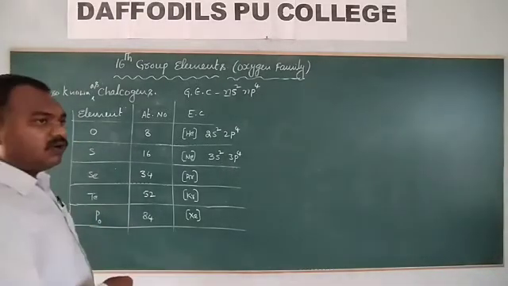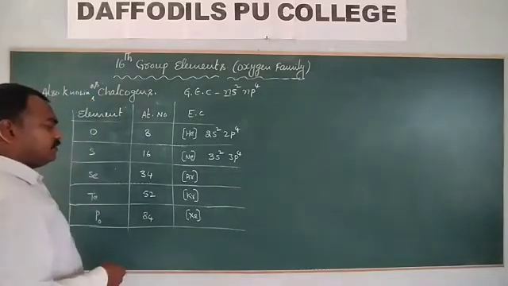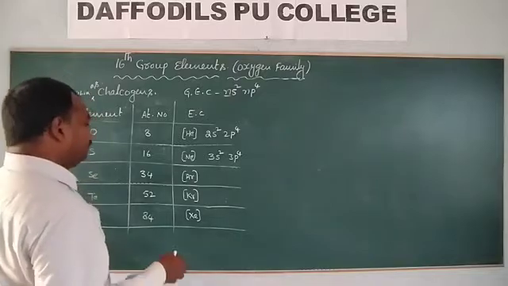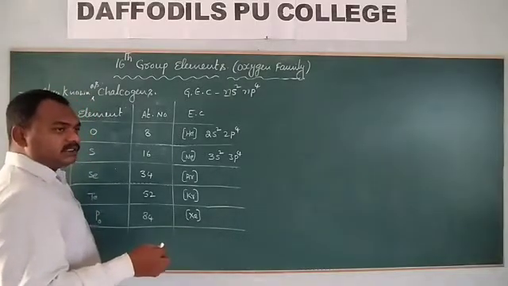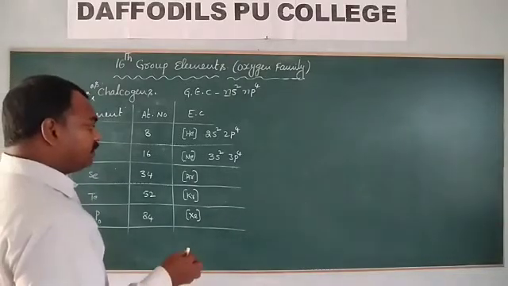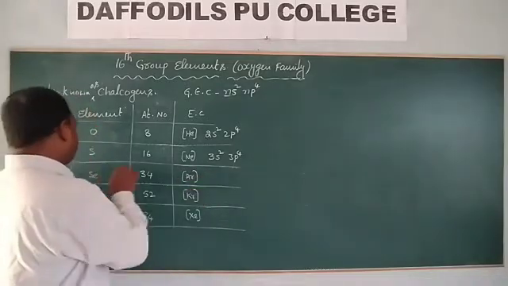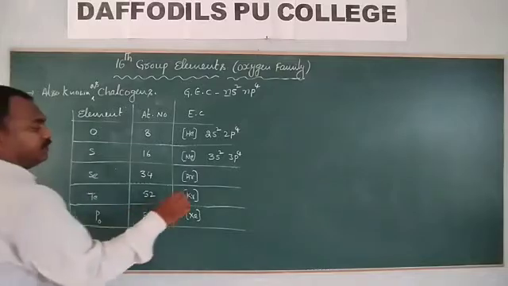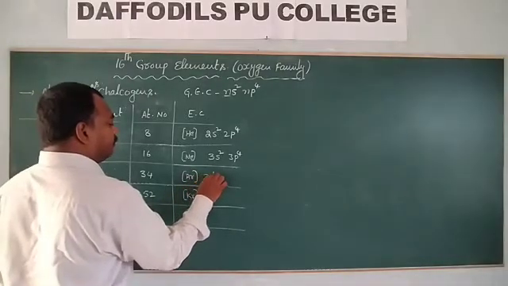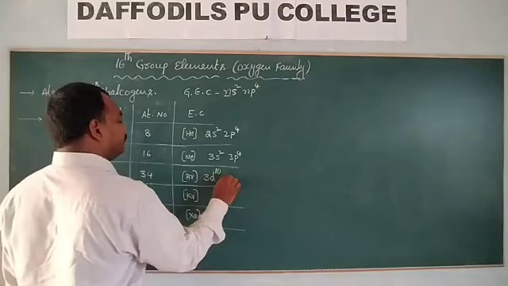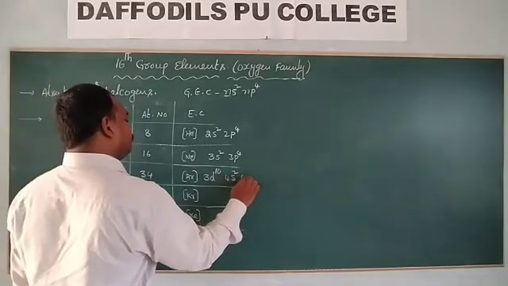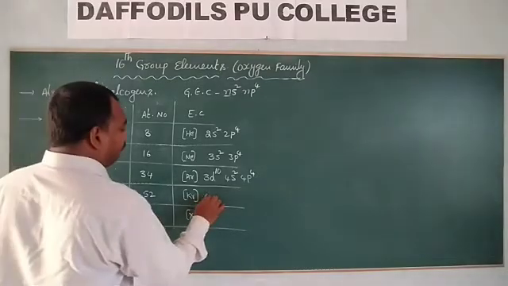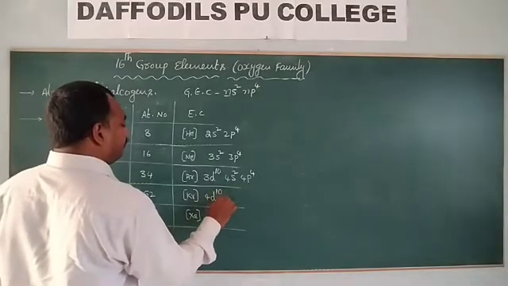From the fourth period onwards, d block elements begin. In the case of d block elements, electrons enter into the n minus 1 shell. Here n is the period number. Fourth period, 4 minus 1, 3d10, 4s2, 4p4. Fifth period, 4d10,